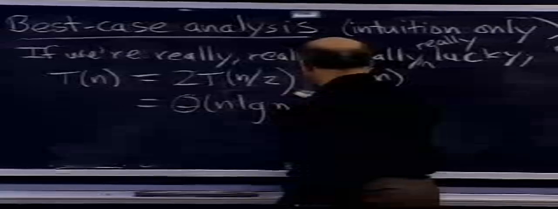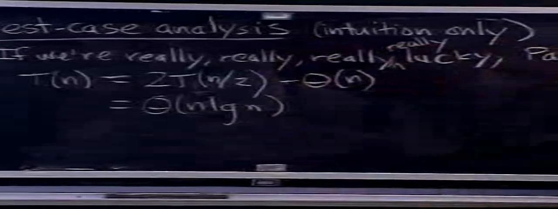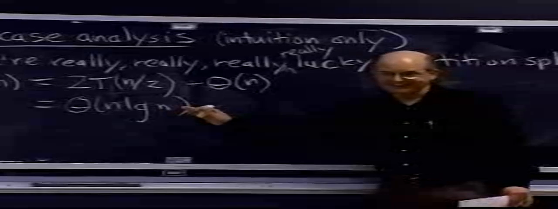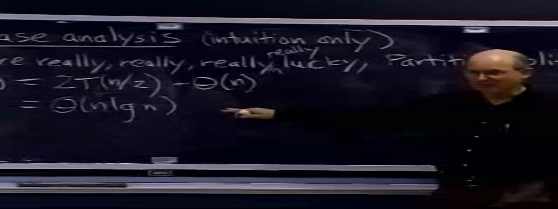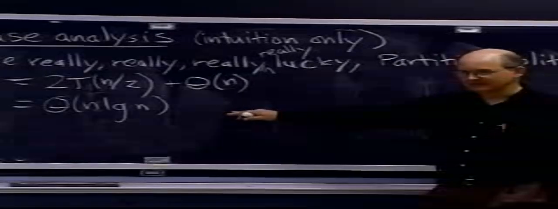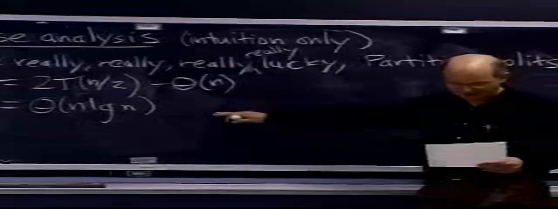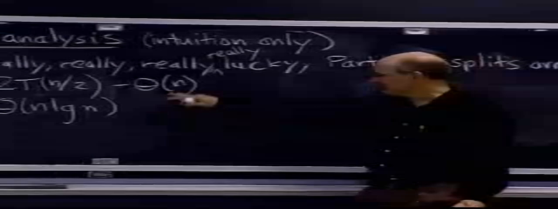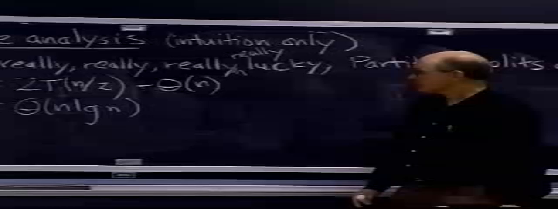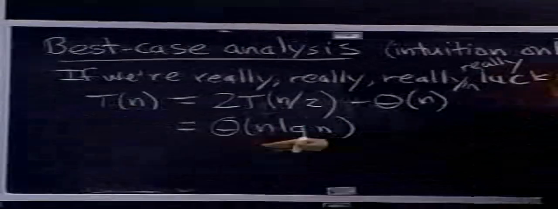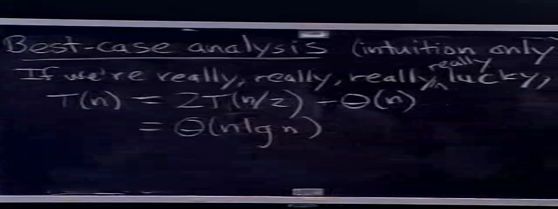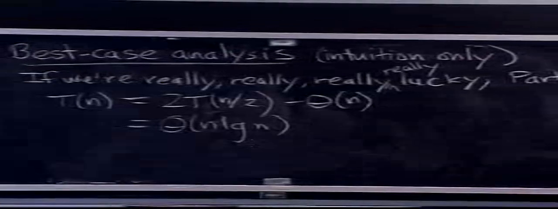How do we know that? Yeah, either you remembered it from merge sort, this is the merge sort recurrence, or, more importantly, the master theorem. And which case is this of the master theorem? Case 2. Good. Okay, so this is case 2 of the master theorem. It's like merge sort. So that's pretty good. This says, hey, if we got good splits, we would be doing well.